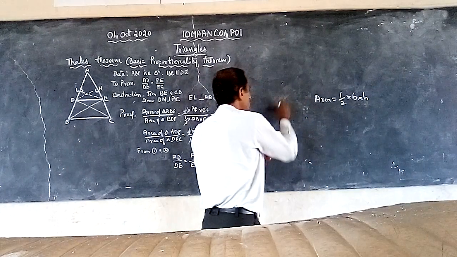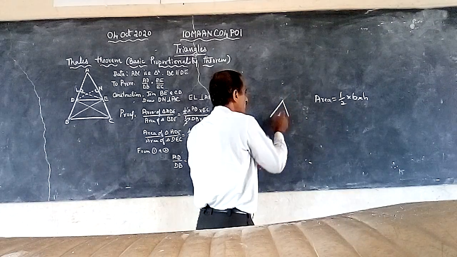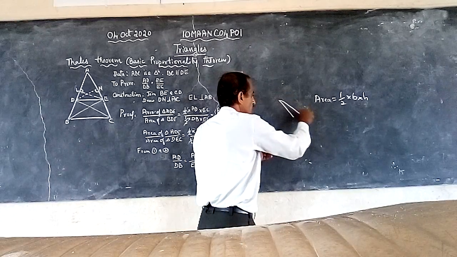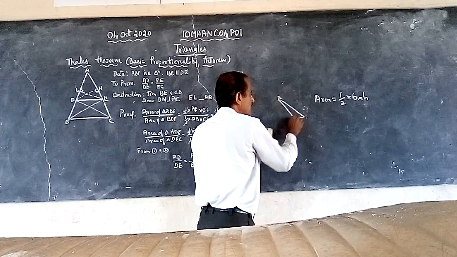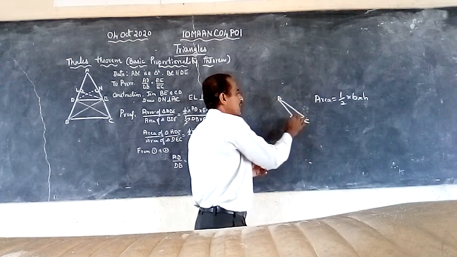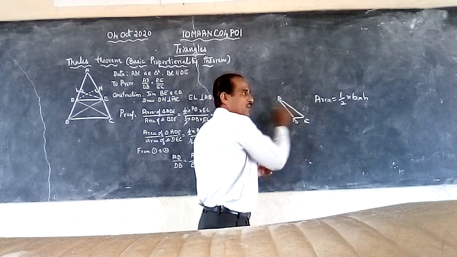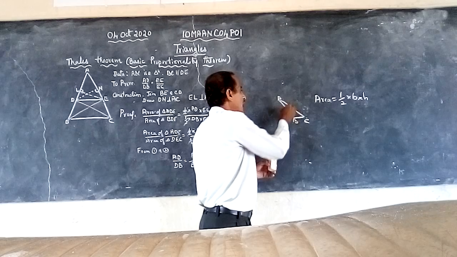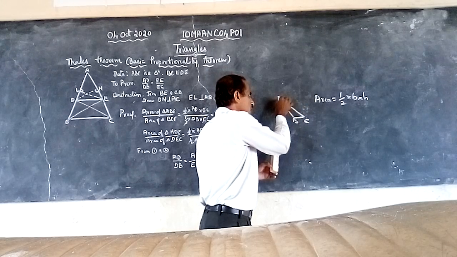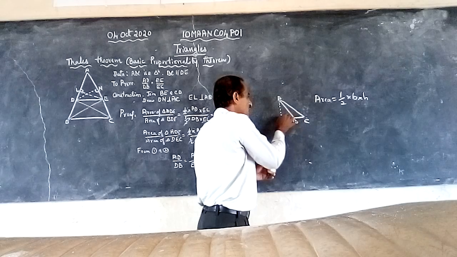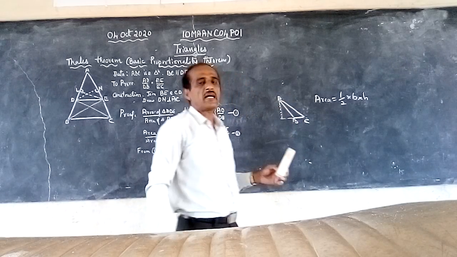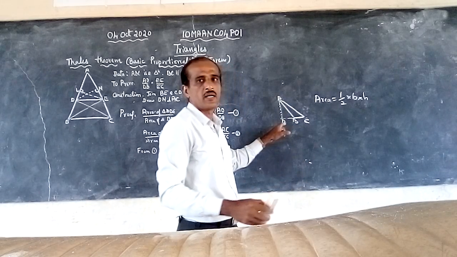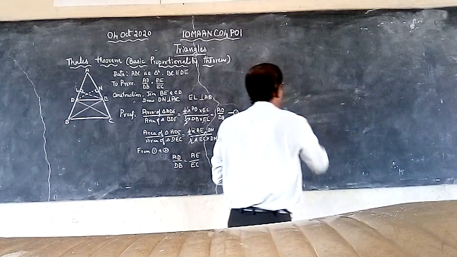Or sometimes the figure may be like this. Suppose the figure is like this. Now ABC is a triangle, the triangle is like this. What is the area of this triangle ABC? This is the base. If you consider this as the base, it is half into BC into the perpendicular height. This is not the height. Perpendicular height means this is the perpendicular height of the triangle. The D is here. So it is half into BC into AD. So that you have to apply here.